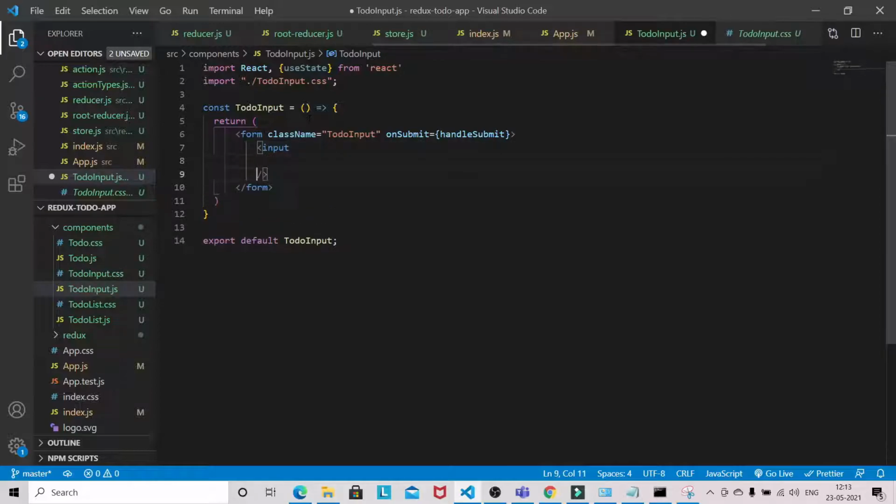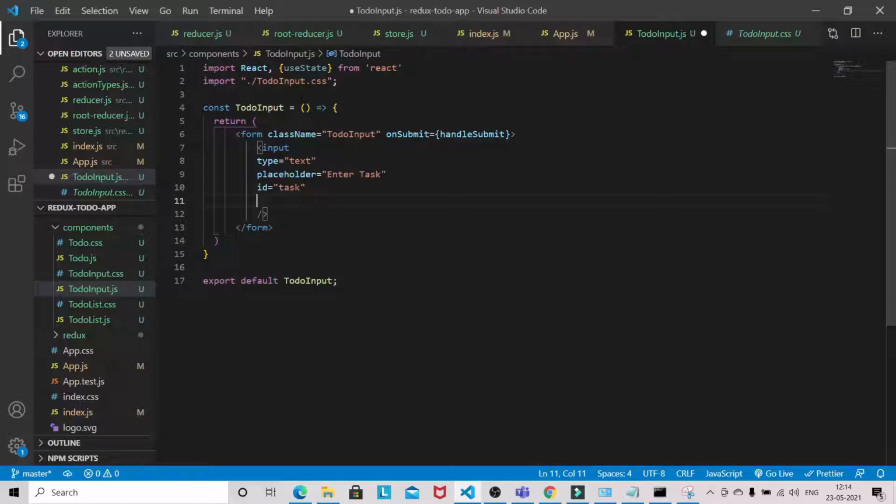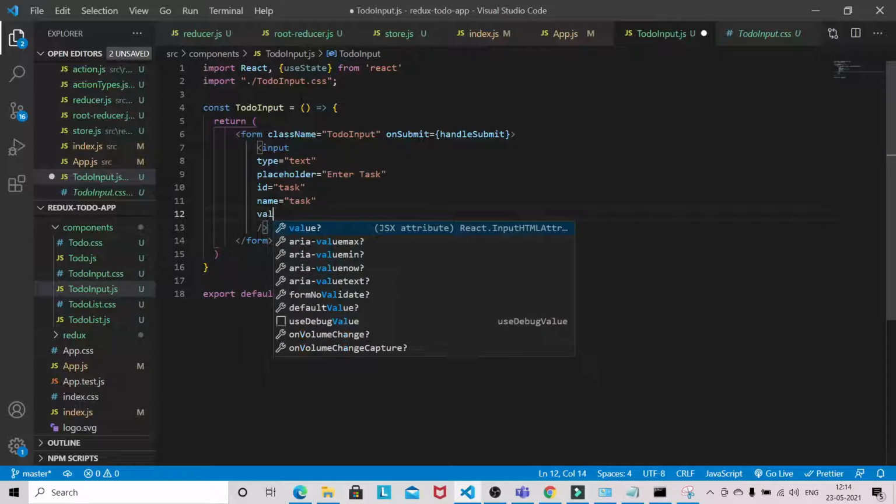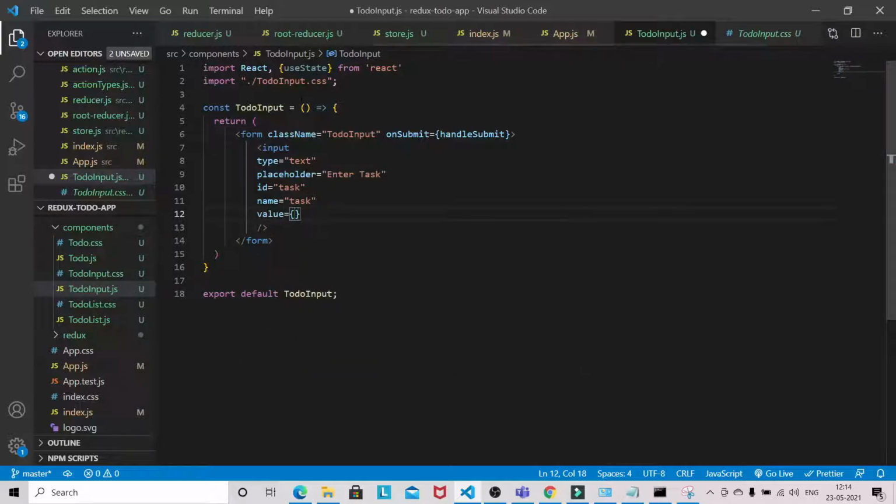Input, so type will be text, placeholder, enter task, id you can give something, task, name, task, value, you can give task. So we will be defining a state here.